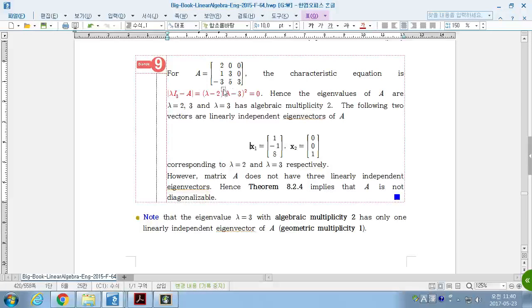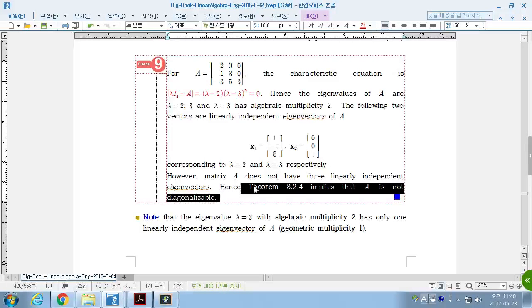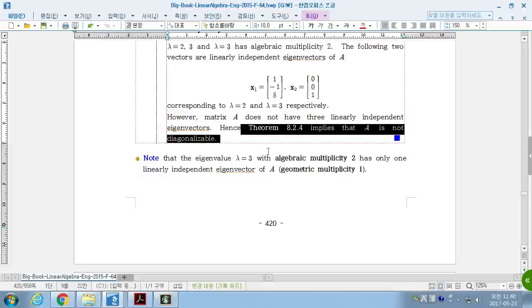If we look for eigenvectors of this matrix, for lambda 2 we could find only one linearly independent eigenvector, and for lambda 3 also only one. You can easily check this. Then, this is a 3x3 matrix, but we have only 2 linearly independent eigenvectors, not more. The geometric multiplicity of lambda 3 is 1. The algebraic multiplicity of lambda 3 is 2. So there is a difference. So it cannot be diagonalizable, because we have only 2 linearly independent eigenvectors. We don't have 3 linearly independent eigenvectors, so it's not diagonalizable.